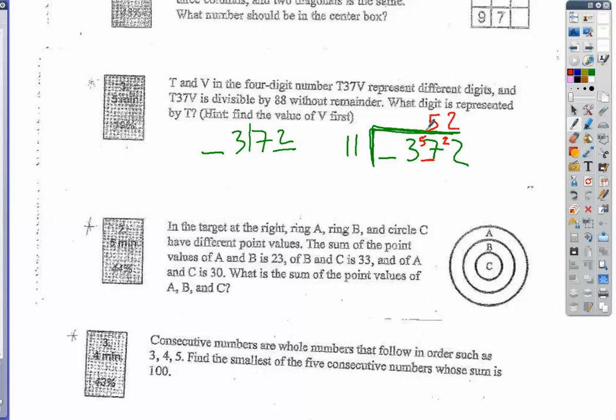So then, continuing to work backwards, we have this 3, and so we had a remainder of 5, right? And so, if this was a 7, then we could say